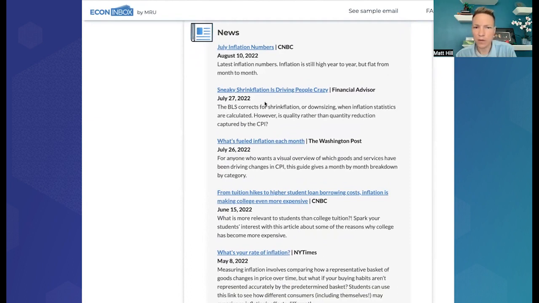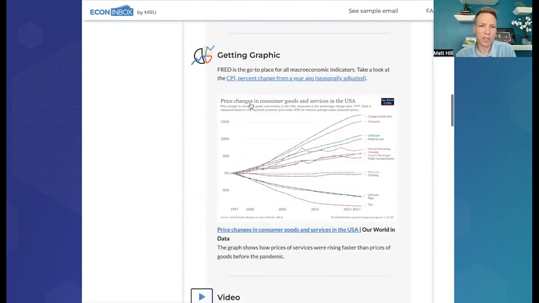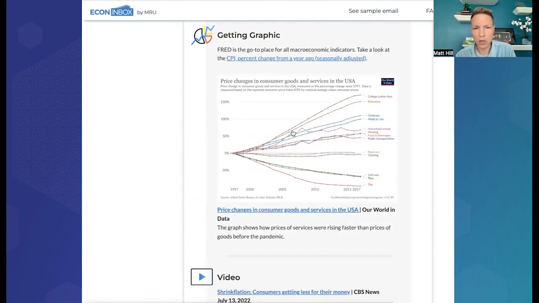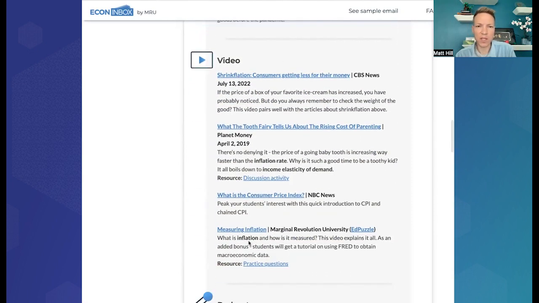So here's like the shrinkflation. So if you're looking for a specific shrinkflation example, you'll be able to use that. And then we have the news articles, and then we have other things that might be useful. For here, we have some graphics. So this is like the famous chart showing what things have gone up in price, what things have gone down in price over time. Some videos,